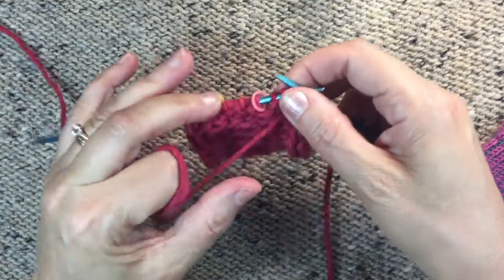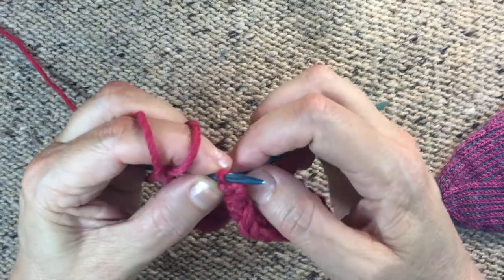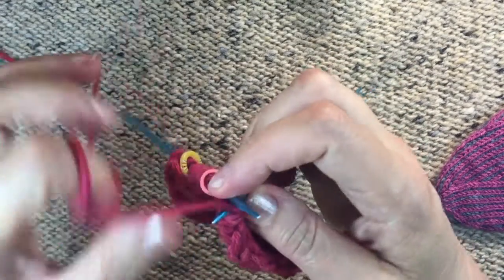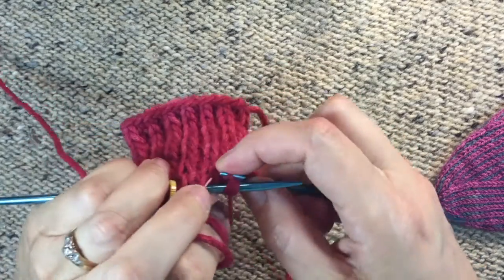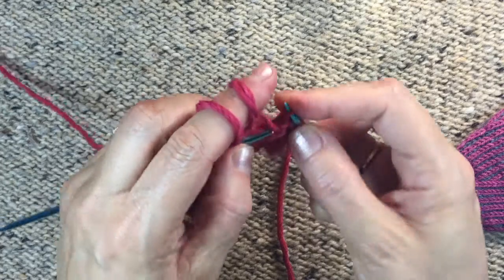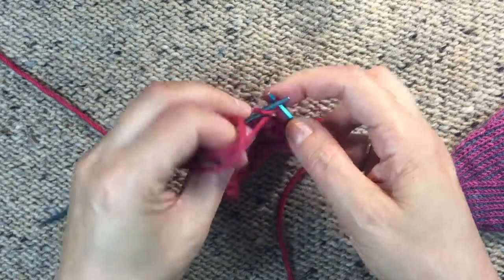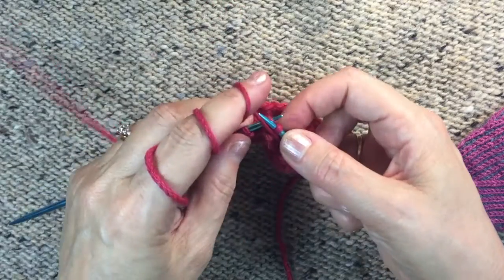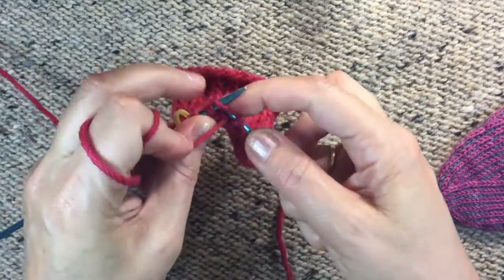I have to insert my right needle into those 2 stitches in the back from left to right. So I have to always move my knitting to do that. Then I complete it as a regular purl. It's purl 2 together through the back loop, only we've turned our stitches around first so that we don't get a twisted decrease. Then I purl across the stitches between my markers. Nothing special here, regular purls. And then after the second marker,